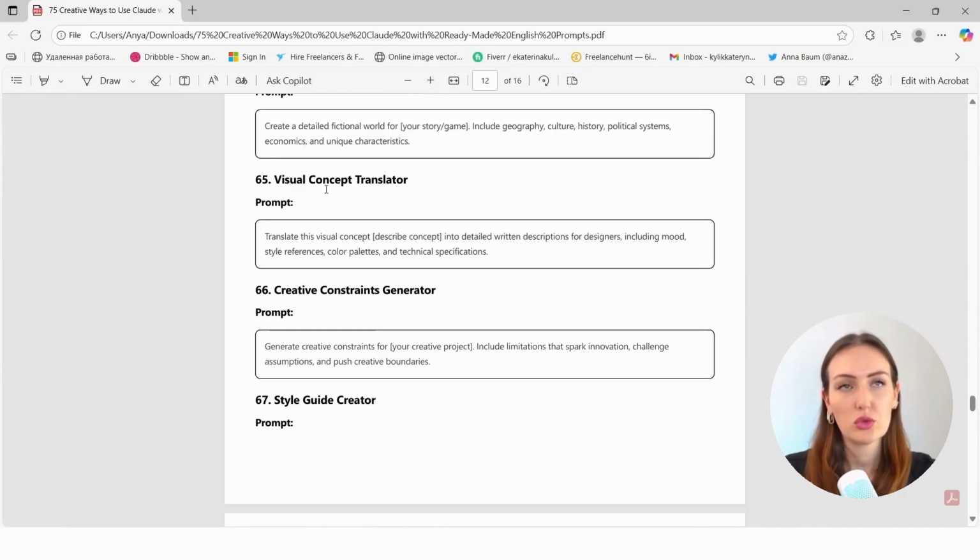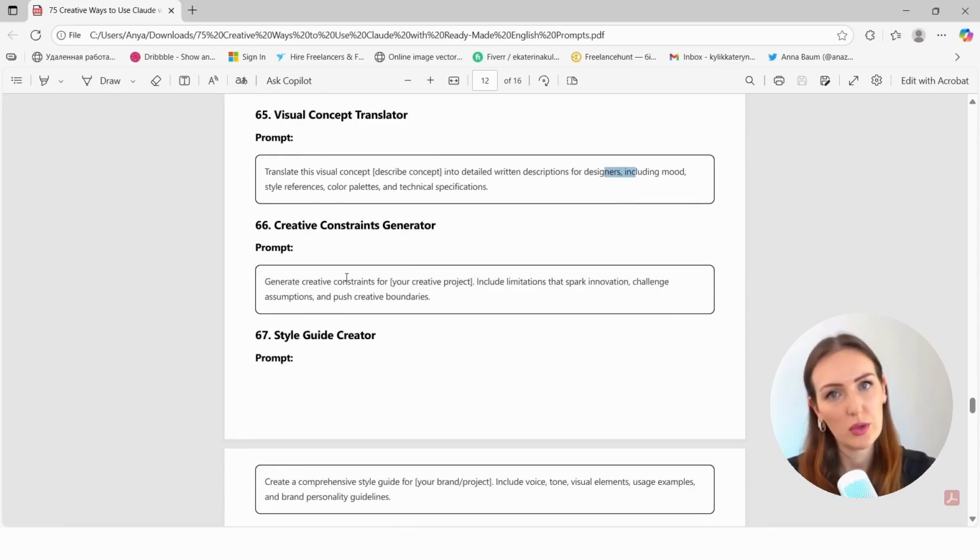A translator of visual concepts, right? We have a concept and it needs to be conveyed to the designers so they understand what they actually need to do next. So you take this concept and turn it into precise instructions for the designers on what they should do. Yes, we create creative frameworks, like a construction set for our project, immediately setting the limitations and challenges,